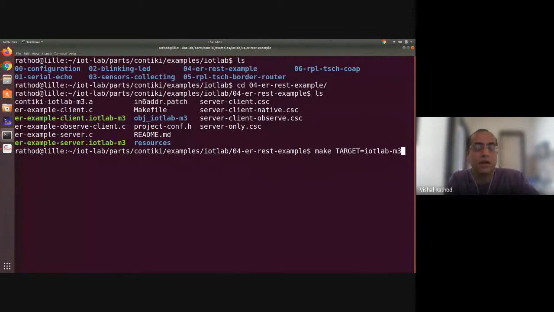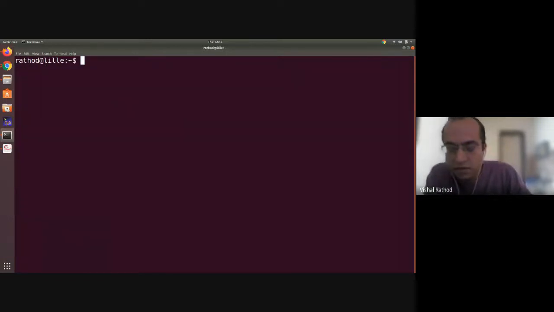If you use this command, all the C files that you have will create the binary based on that. So this is the way the two binaries are already created, but I will only use the server. Now, this is the thing. Now what we have to do is create a